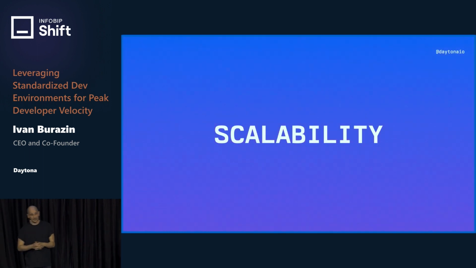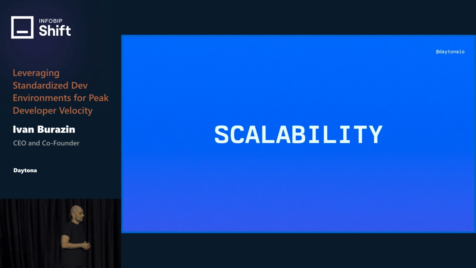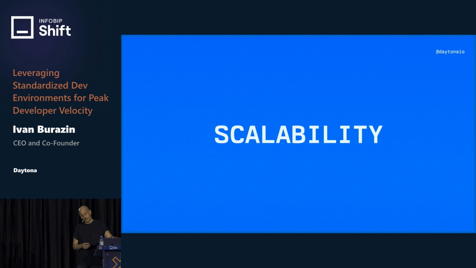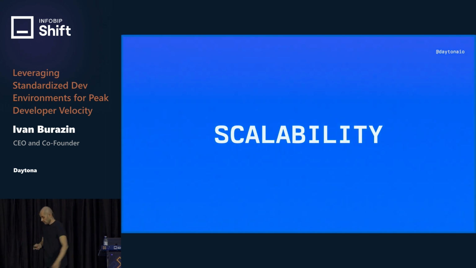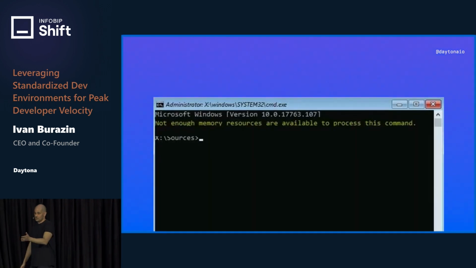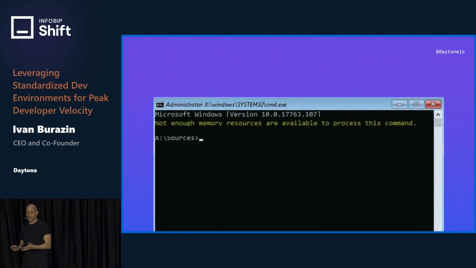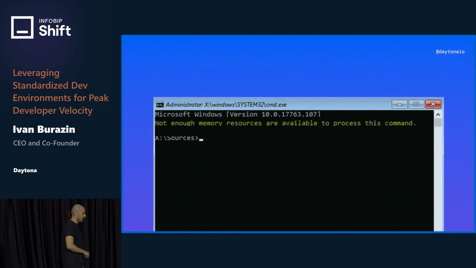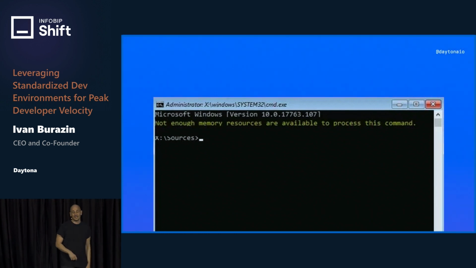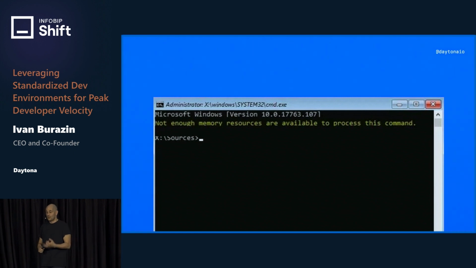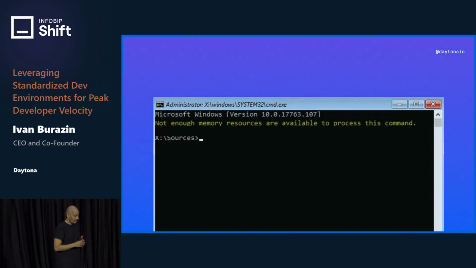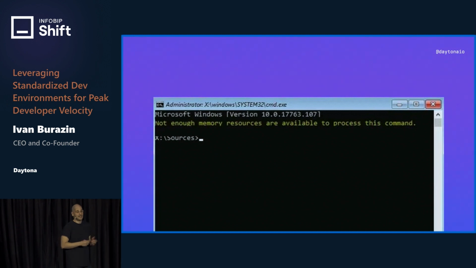The second is scalability. With scalability, the issue is that I check out a branch on my laptop, I try to spin it up, and I don't have enough resources. This is a poor screenshot, I apologize, but I don't have enough resources and it breaks. Or more often than not, I do have enough resources, but just barely. It spins up, and then it's either slow, or I have to turn things off. For example, I had a call with someone last week, and we had a video call, and his development environment was running, and he had to turn off the video. I'm not kidding. He had to turn it off because he couldn't run it.